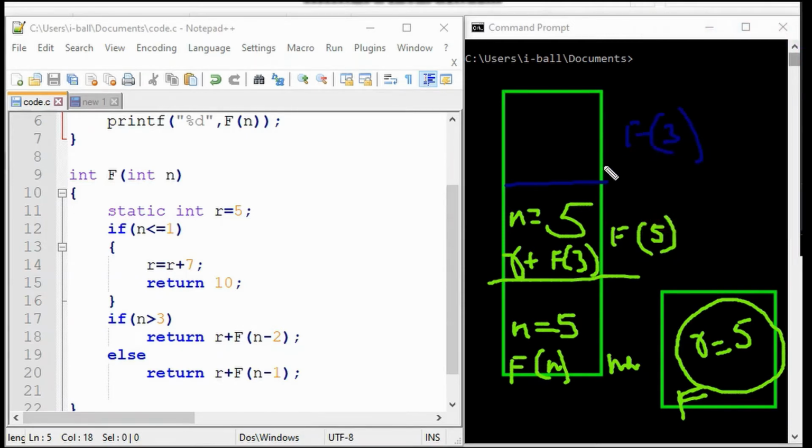Okay, so what is f(3)? f(3) is called again with n equal to 3, and this condition is not true, because 3 is not less than or equal to 1, and it is not greater than 3, so this value will be returned. So what will be returned? r plus